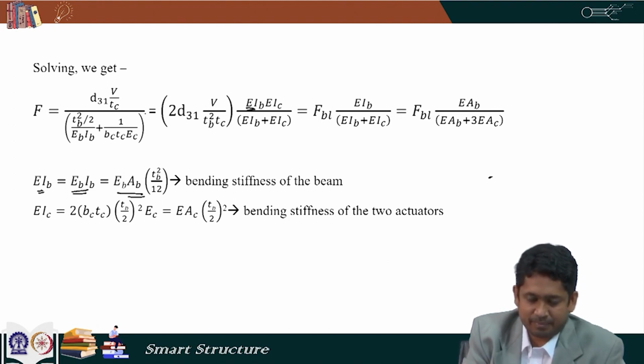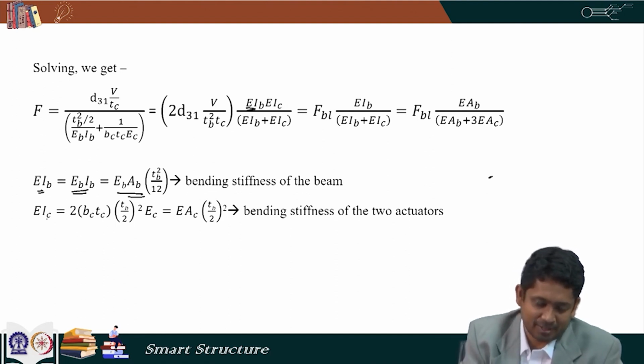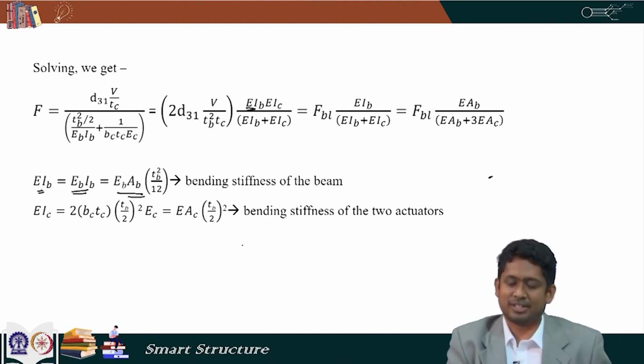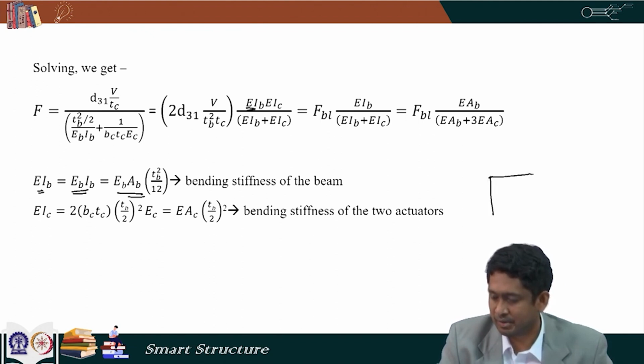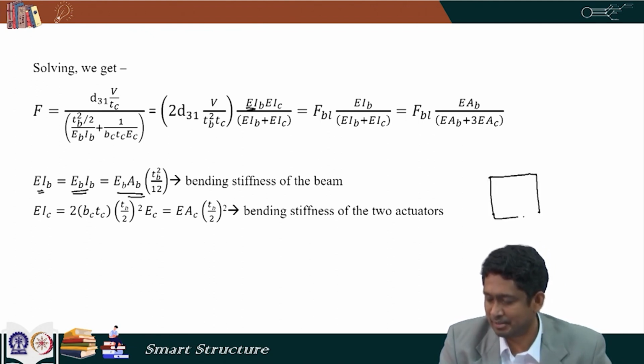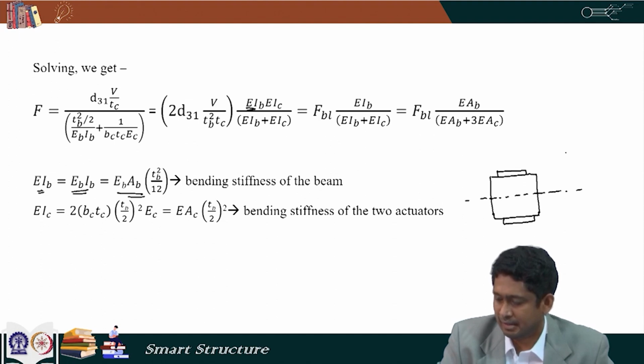Here this expression is further compacted in terms of EIB and EIC. EIB is the bending stiffness of the beam itself, and EIC is the combined bending stiffness of the two actuators. While calculating the bending stiffness of the actuators, we make some simplifications here. If this is our beam section with the two actuators, then